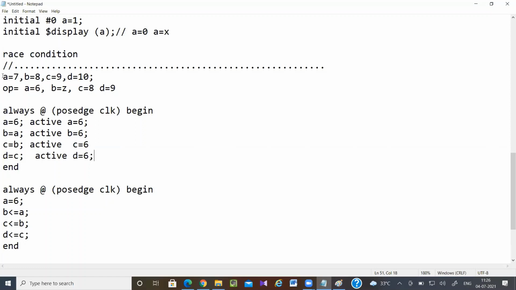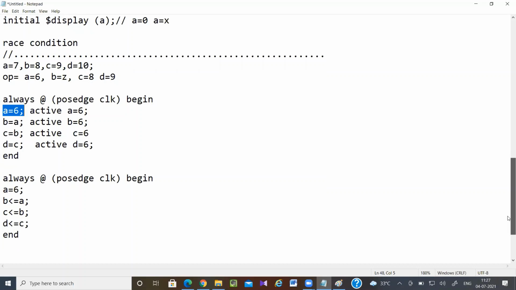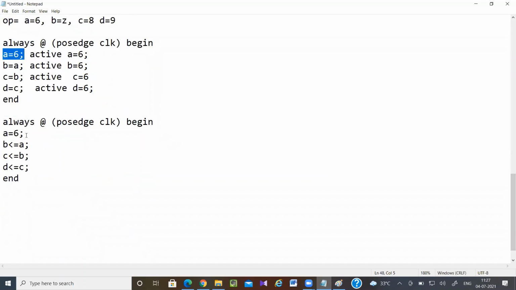So what was I supposed to get? These values, right? But what I am getting, all the values are the same. Here remember, let A equal to 6 means it is like a 3-bit register I need. But let A, B, C, D all be 1 bit. Then instead of 4 flip-flops, only 1 flip-flop will get executed. We will see in the example.